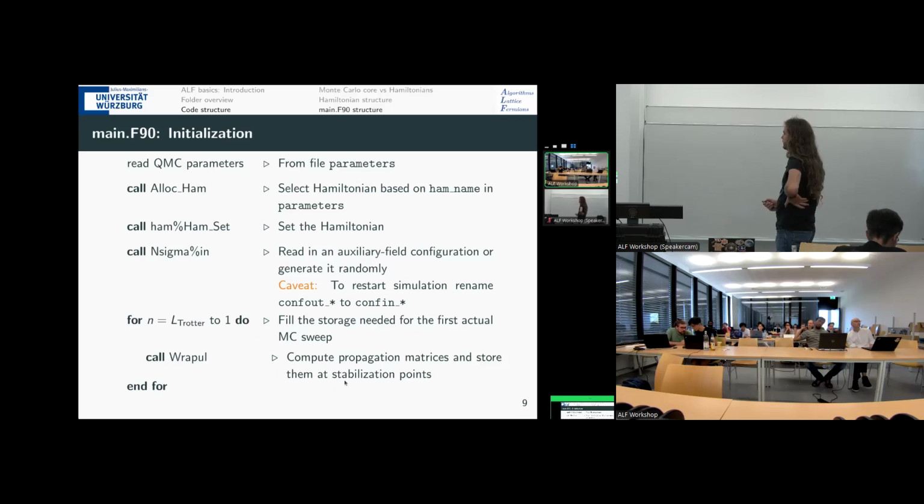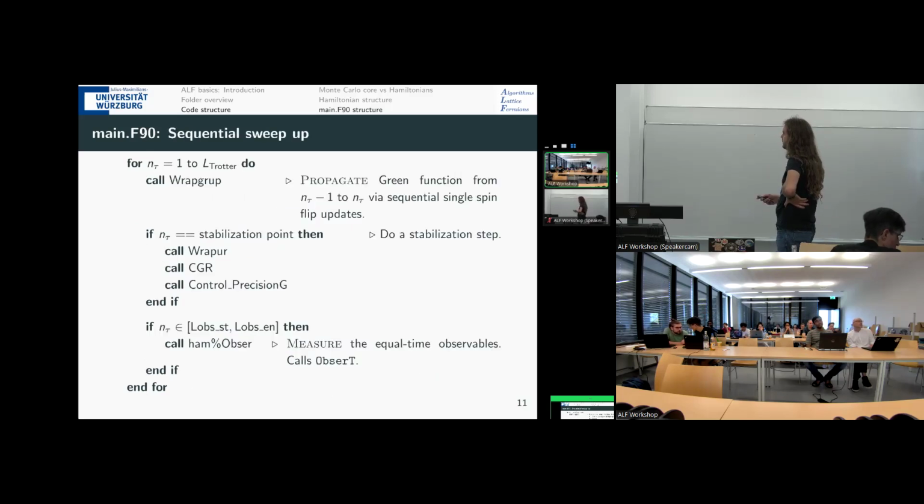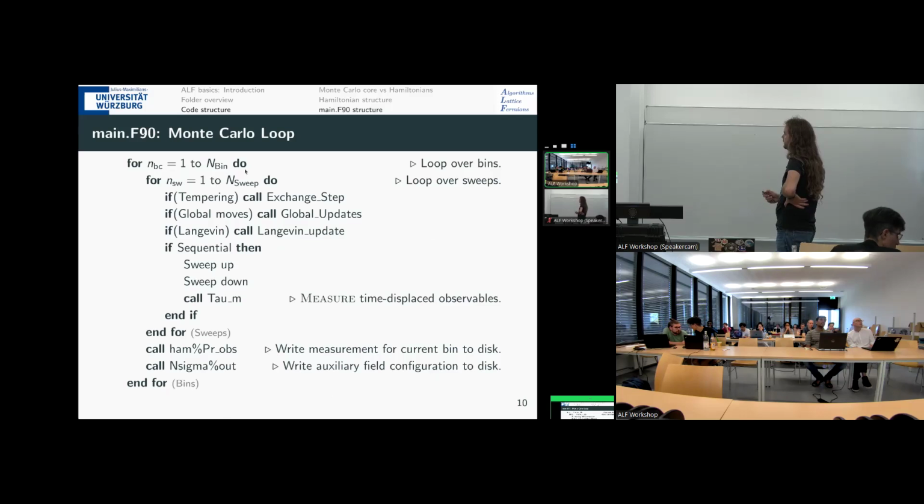Then some bookkeeping is done, mainly for the stabilization, which is not so important, I guess, for the beginner. And here is the main meat. We have two big loops, one over the number of bins, and the other over the number of sweeps. This was already addressed previously. So you have some number of bins, and for each bin, you do